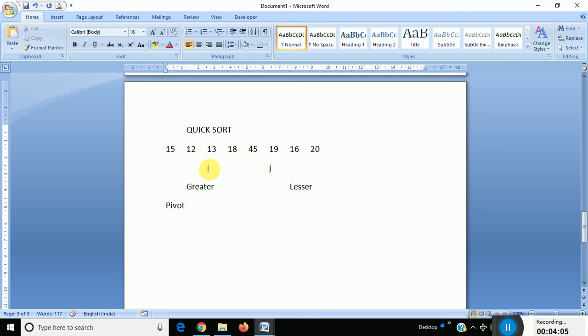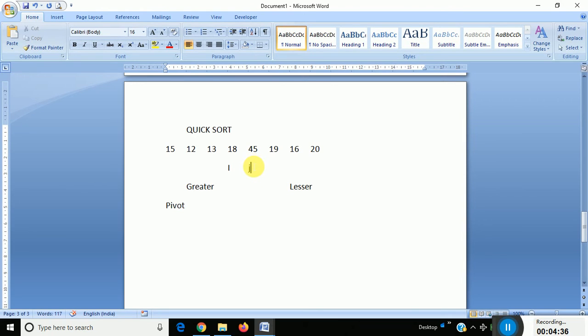After that it will again start checking the condition: 15 is greater than 13. True. Then i will move here, to the 18, and 15 is lesser than 19. True. Again it will come here, 15 is less than 45.